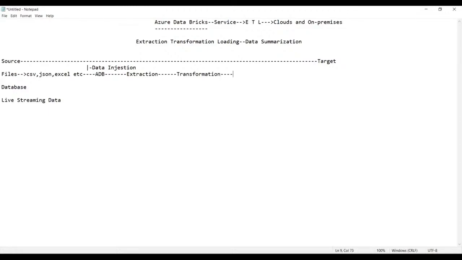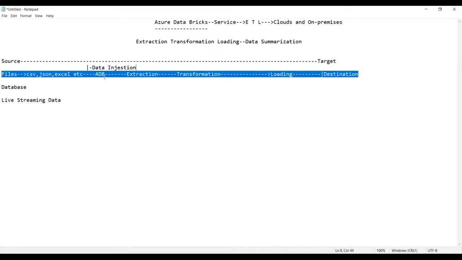Once the transformation is done, finally we perform the loading, loading the data into the target, that is called the destination. Getting my point?